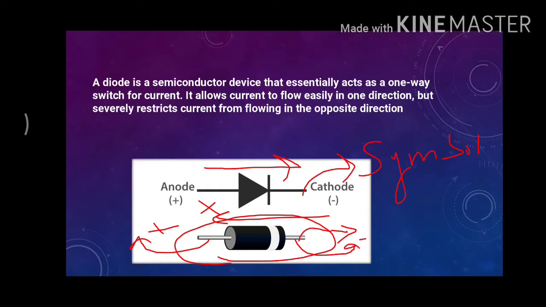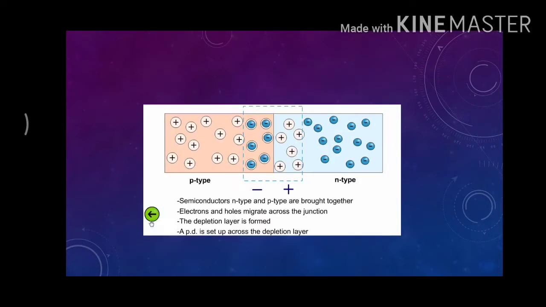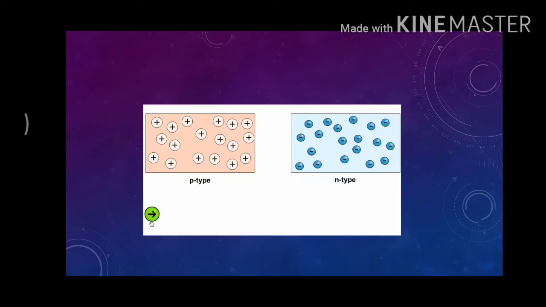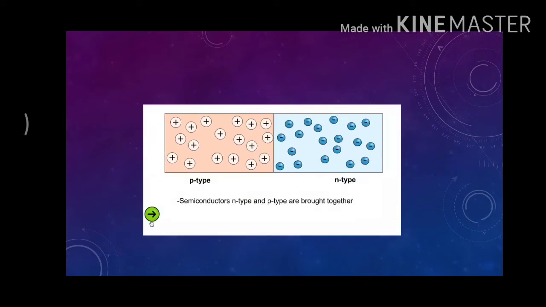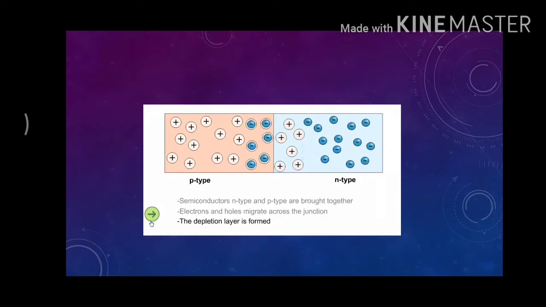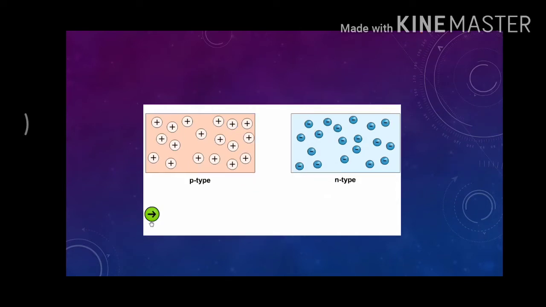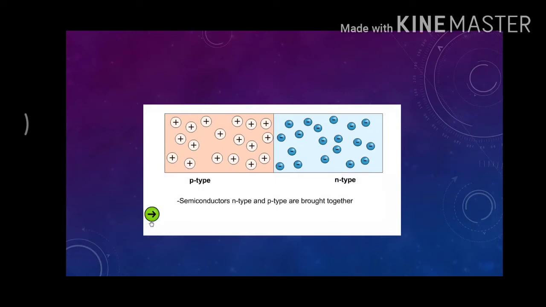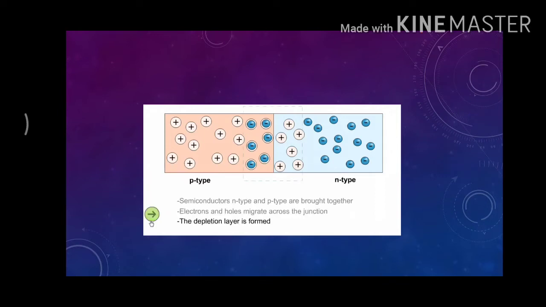Now let's talk about the diode in some detail. Here you can see that we have a p and n type junction. The electrons of the n type move to the p type side and create a depletion region around the pn junction, and hence a potential difference. Once again, these electrons migrate, and hence there are ions in both regions, which become a depletion region, and there is a potential difference across it.